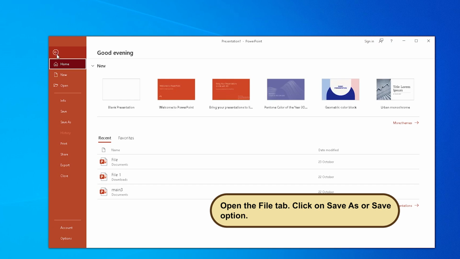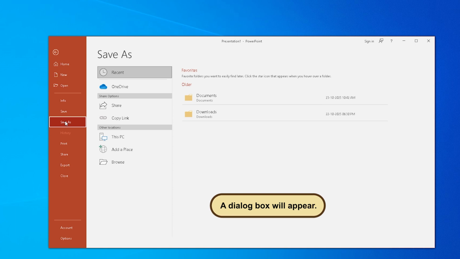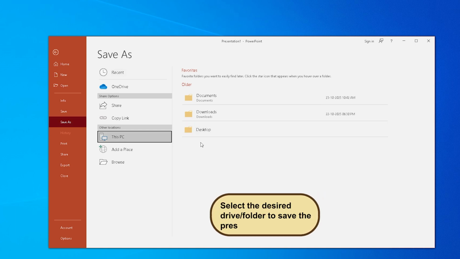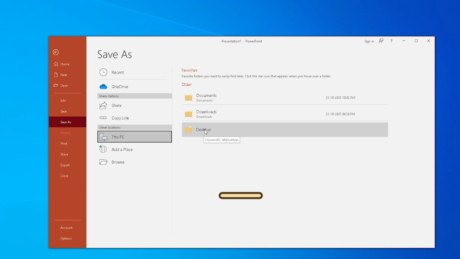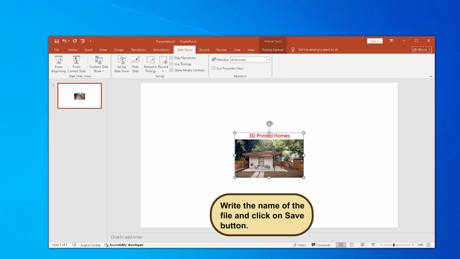Open the File tab. Click on Save As or Save option. A dialog box will appear. Step 2. Select the desired drive folder to save the presentation. Step 3. Write the name of the file and click on Save button.